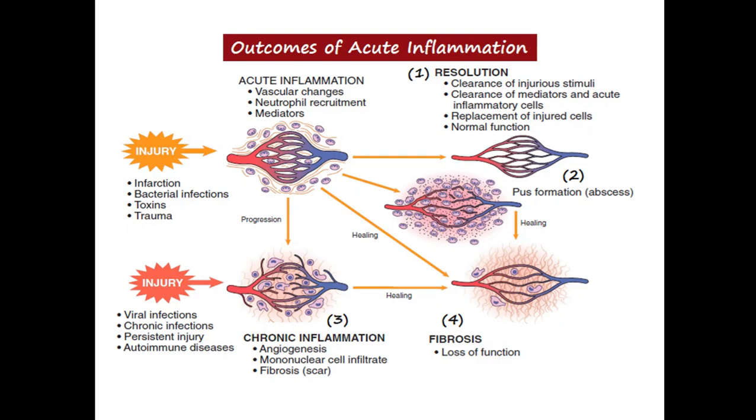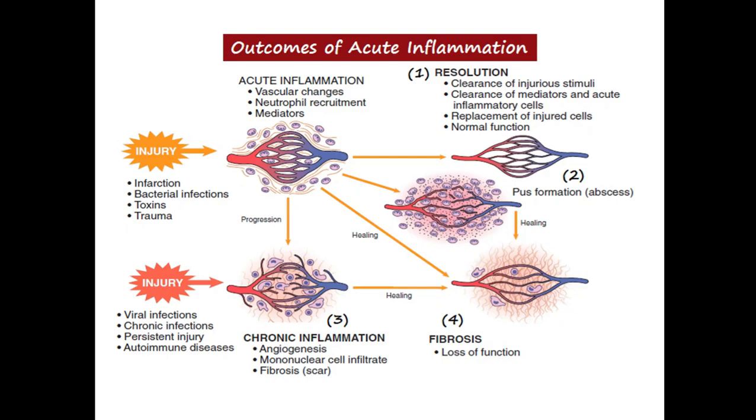And what happens in resolution is that there is clearance of the injurious stimuli, there is clearance of the mediators and acute inflammatory cells, and replacement of the injured cells, and the normal physiological and anatomical structure and function of the tissue is restored. But if the inflammatory reaction is severe, it will lead to pus formation in the form of abscess. So the acute inflammation may be resolved,